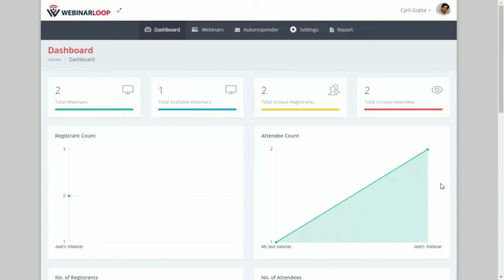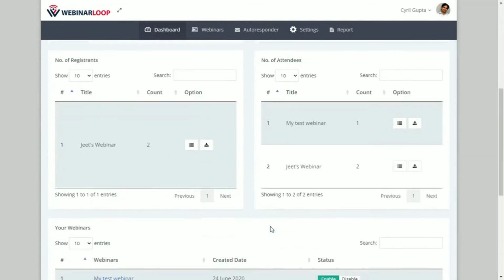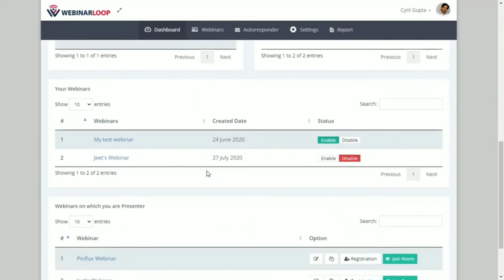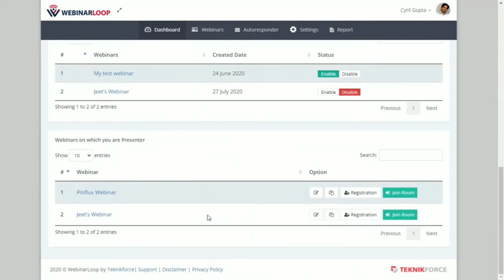Alright, so this is the dashboard, and this is where you will see a rich set of analytics for your webinars when you actually run them. I've got a very little dummy data here, but you can see that you will get a registrant count day by day. You will get an attendee count, so you will know which webinar is doing better, which webinar is not doing as good. You will see a total number of webinars. You will see total unique registrants and attendees. And you will see some extra information too, like the number of registrants per webinar, and all of your webinars will be listed. And you can also see all the webinars on which you are a presenter, because WebinarLoop supports